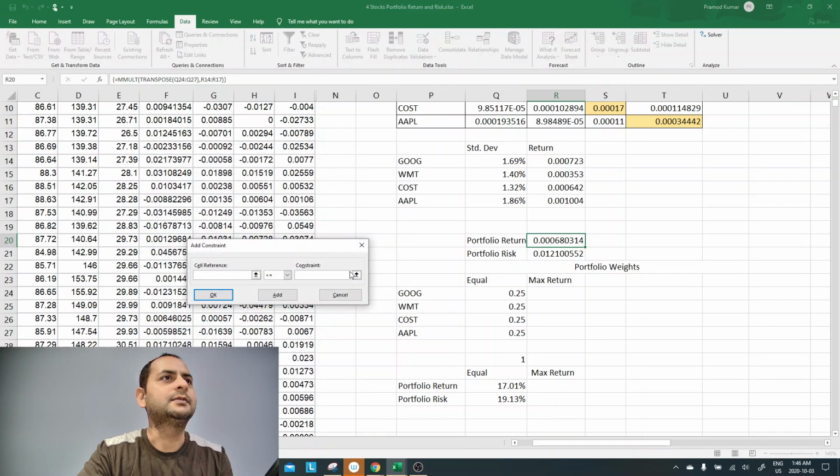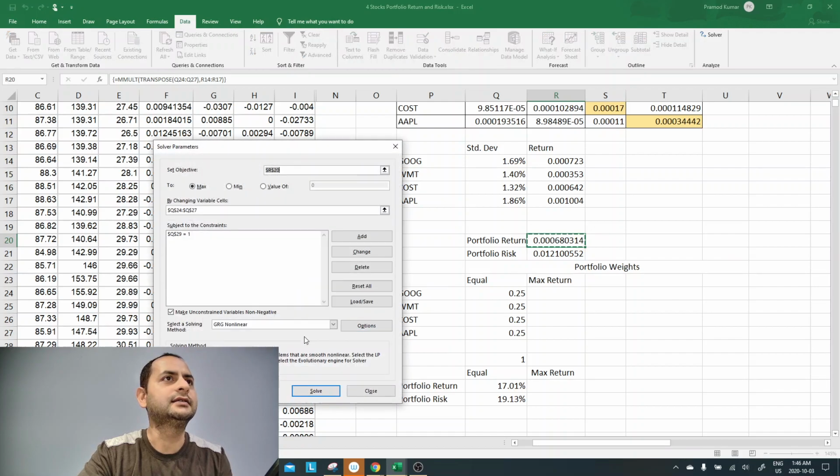I want to add a constraint that the sum of the weights should be equal to 1, and add and cancel. Okay, so that's it, and then I'll click solve,